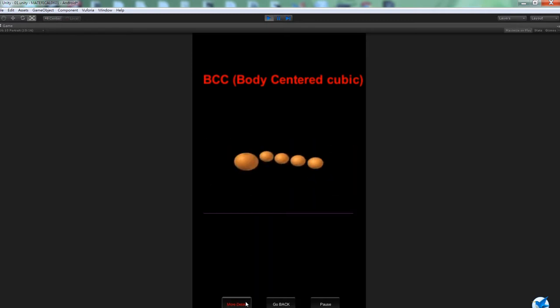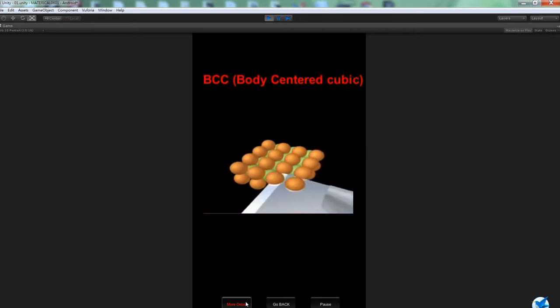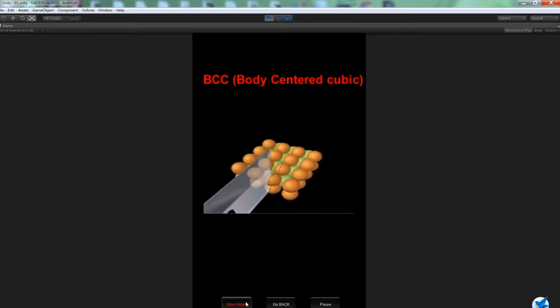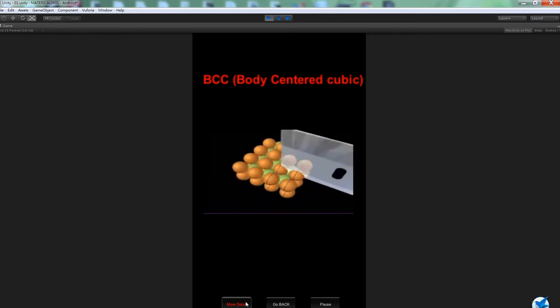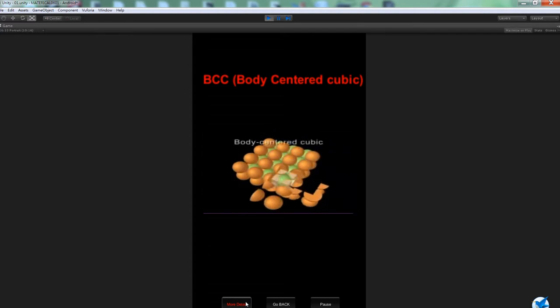In this, more efficient stacking occurs if we place the second layer over the spaces formed by the first layer, and the third layer over the spaces formed by the second. That simple change leads to 68% of the available volume occupied by the spheres and a structure based on the body-centered cubic unit cell. Many metals, including all the alkali metals,